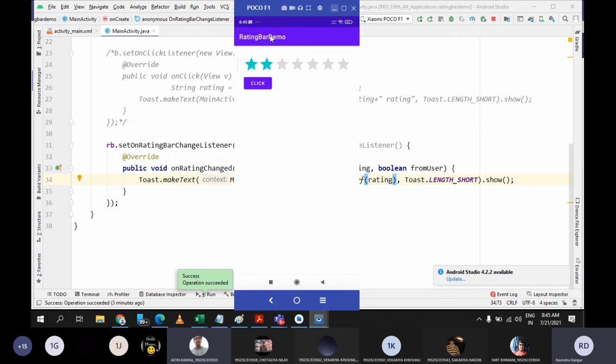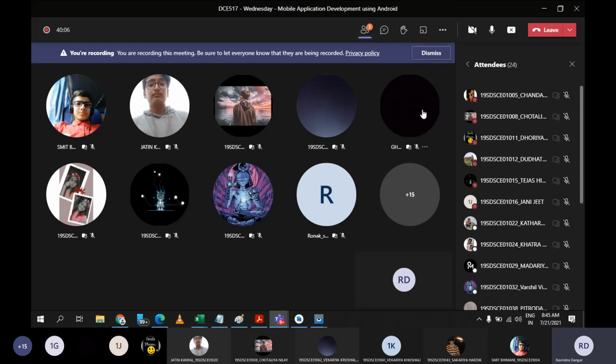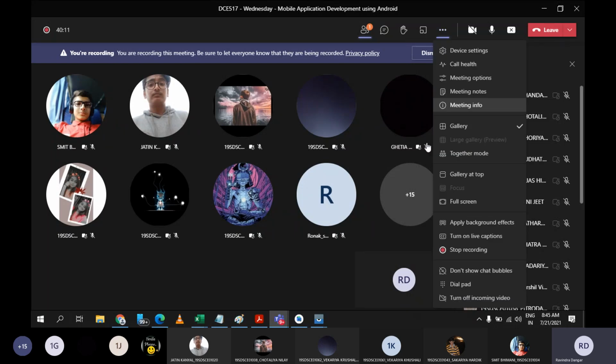In that it shows the text Rating Bar Demo at the top. If we want to remove this, what should we do, sir? It is not removed, this is the name of the application, so you can rename it, you can change the color also, but you cannot remove it. In that case you need to give empty value. While giving the name of the application, you don't need to give anything, so it will be treated as space. You can give space also, but I don't think whether it is allowed or not. Let me just try it. Very good question. I have not done it anytime. Just a minute.